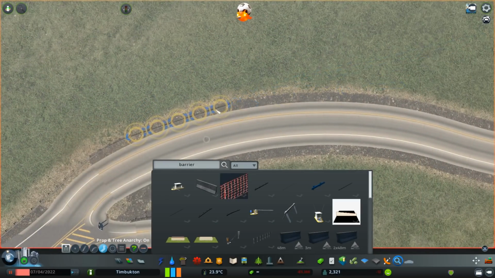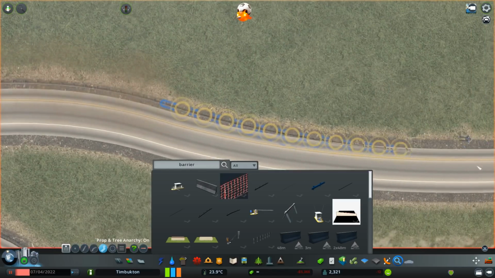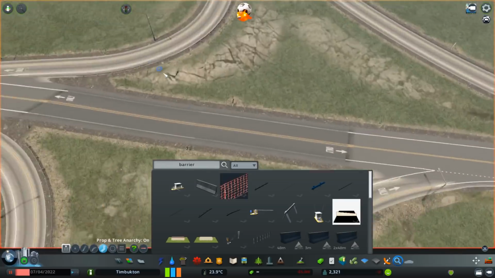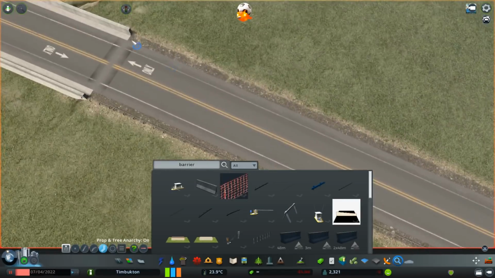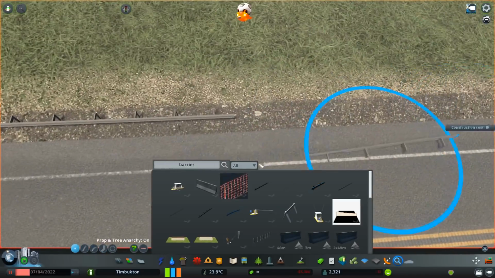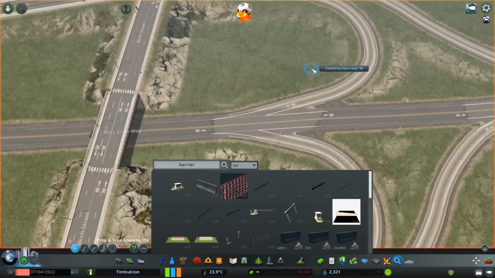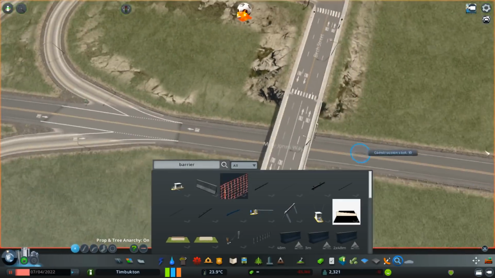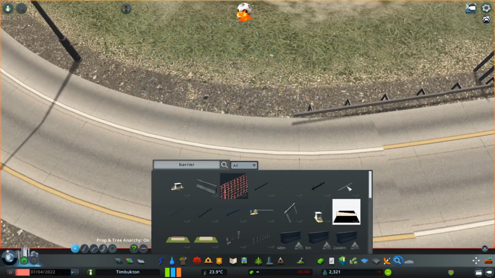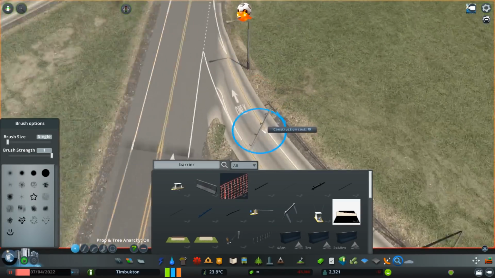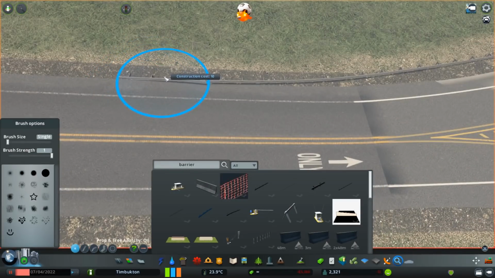Basically, how I know where to put barriers in these cases is to either put them on the outside of a curve, so like in this case I put them on the outside of this loop, or if there's a little bit of an edge on the side of the road, I'll put a barrier. Other than that, you don't really need one. It's just extra props for nothing. So wherever I can get by not putting barriers, it's just time saved, and it's not totally necessary